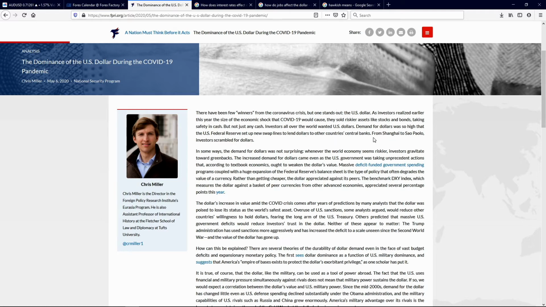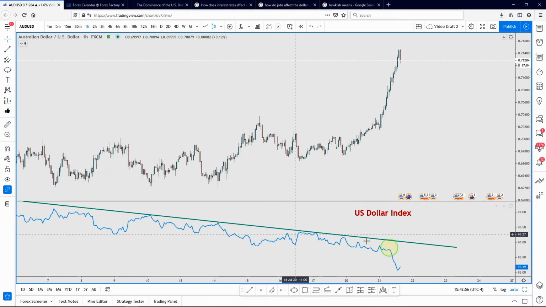So what I got from this is, okay, that makes sense. When I see the US dollar getting stronger, that's because people are selling their stocks and bonds and buying the US dollar because they see it as a safe haven. Everyone in the world wants the US dollar, so it's what they call the safe haven. People are selling off their stocks and buying the US dollar. And that's why during the